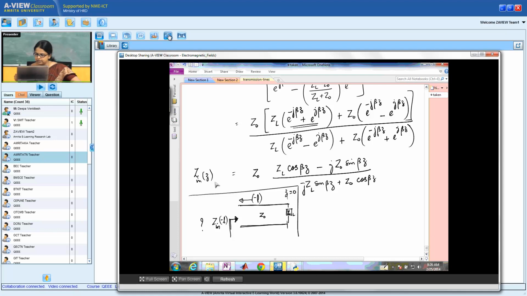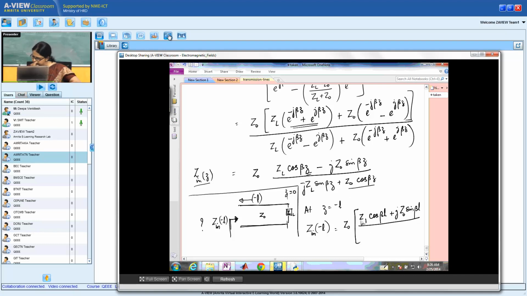Now if I evaluate this input impedance at z equal to minus L, I merely substitute z equal to minus L. Cos being an even function, this gives me cos beta L. Sine is an odd function, so sine of beta times minus L is minus sine beta L. So this would be plus j Z naught sine beta L